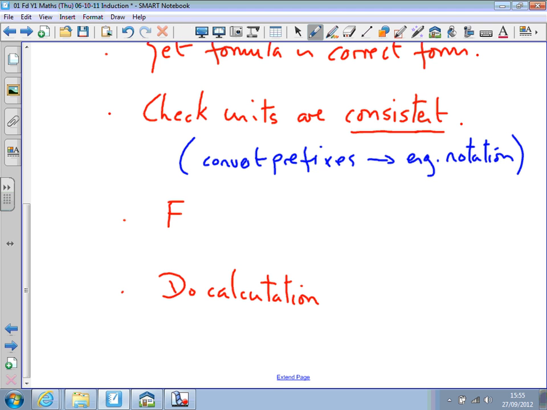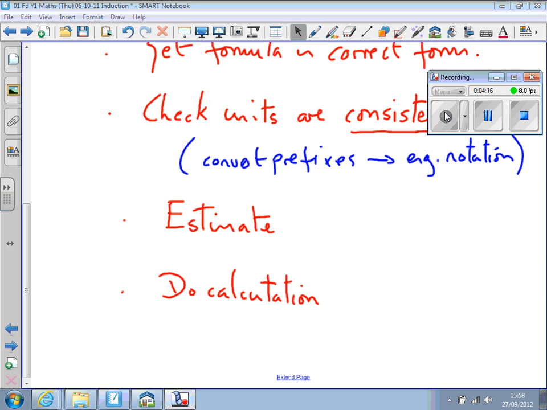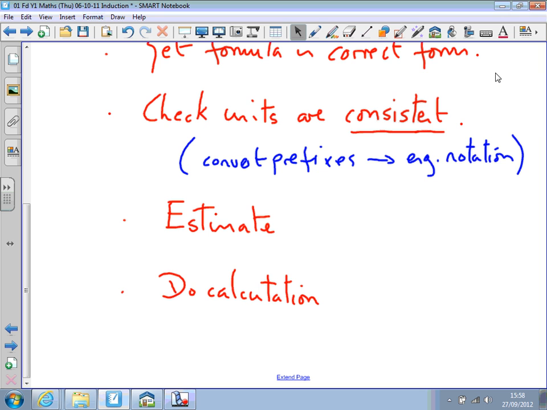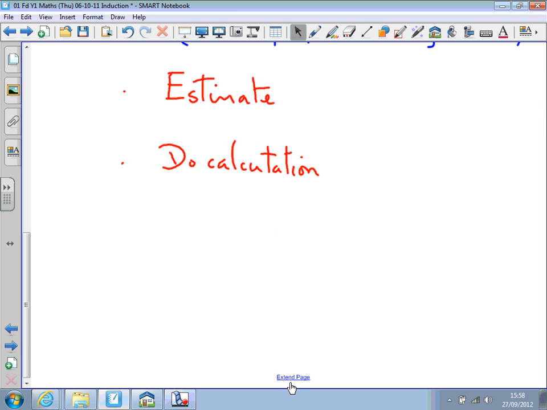If it's possible, estimate, have an idea what to expect, so that when you do the calculation, you can see whether or not it looks reasonable. So you do the calculation,